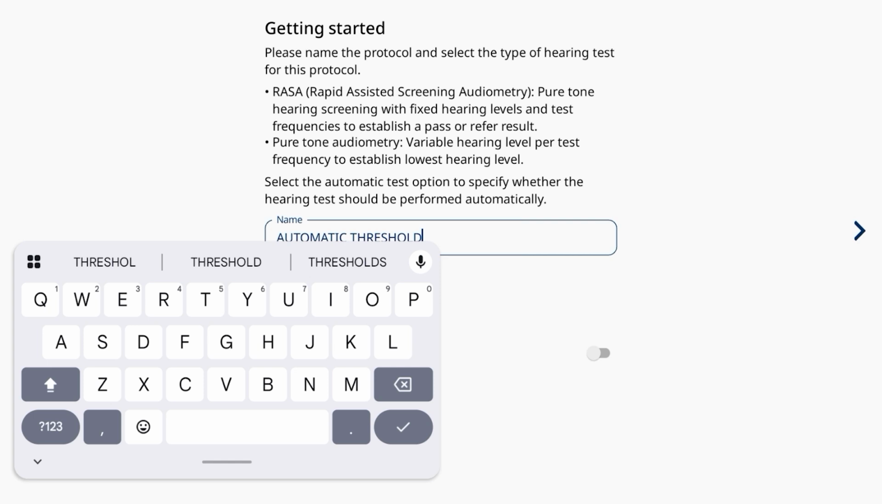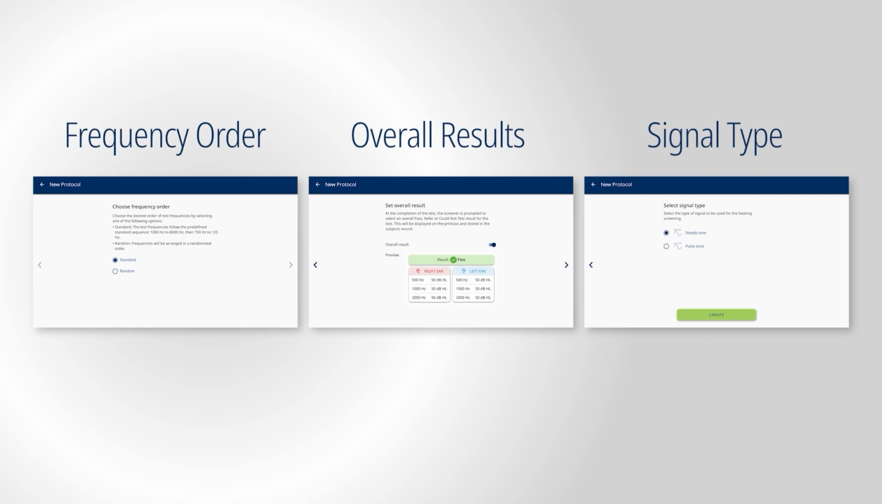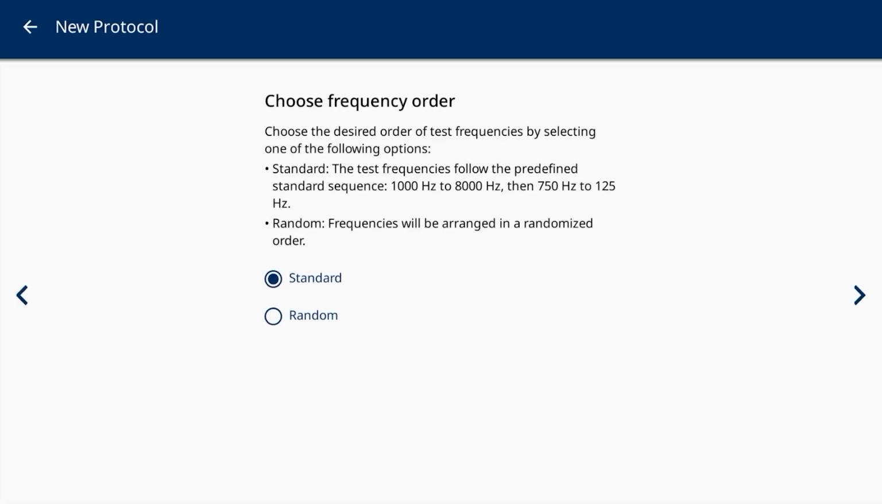When a pure tone audiometry automatic test is selected from the protocol selection, there are 3 differences to the selection items available. 1 is the choose frequency order. This can be set to standard, where a predefined sequence will be followed, or random, where frequencies and ears are